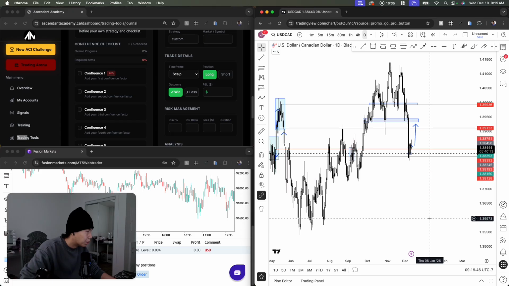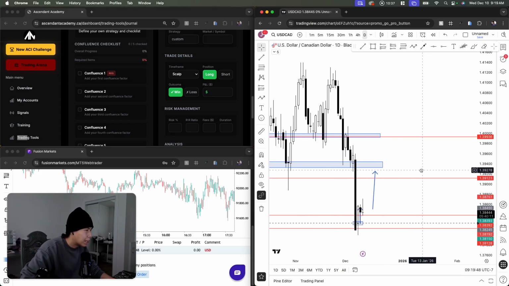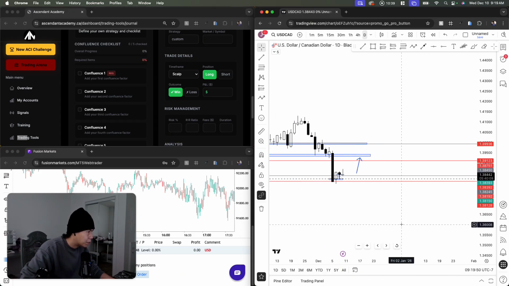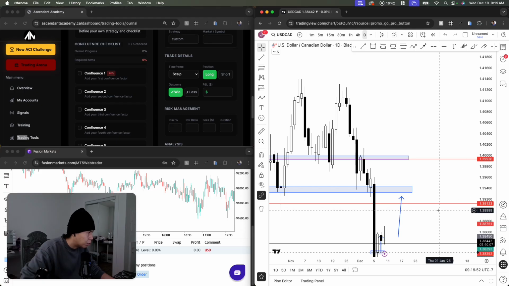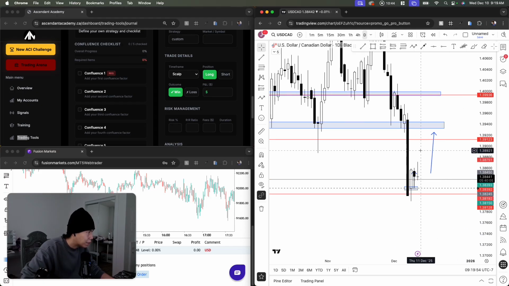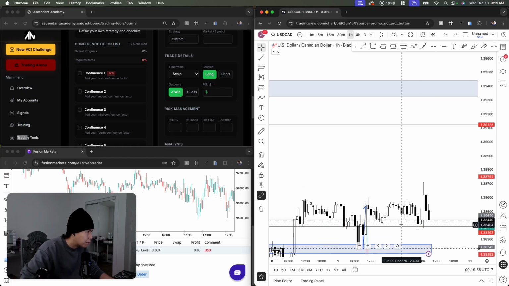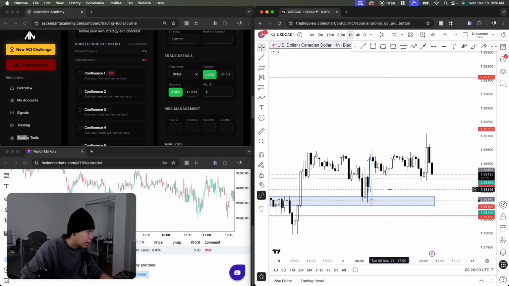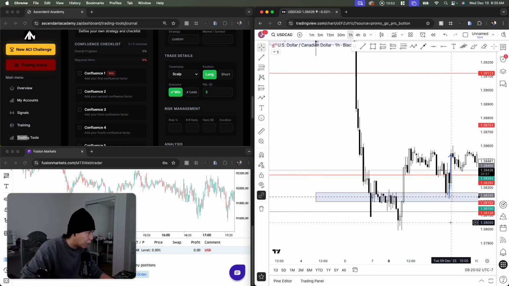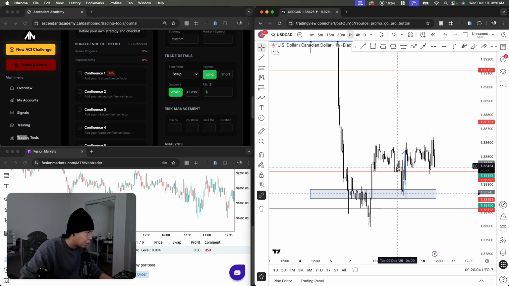Let's see what's going on. So it looks like we might be starting to get a little movement back up to fill up this imbalance right here. Let's go down to the smaller time frame. So we're above this red line now, and it played exactly to what my analysis was yesterday, where I said,